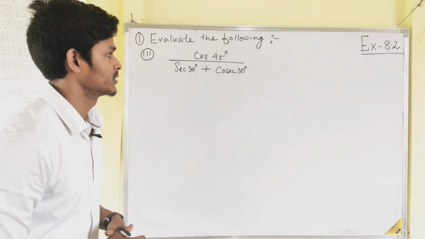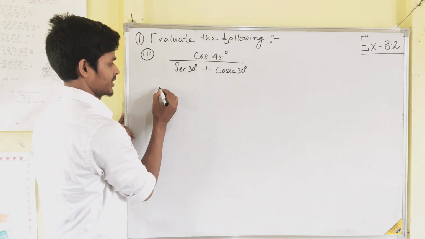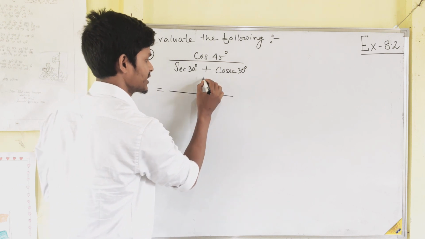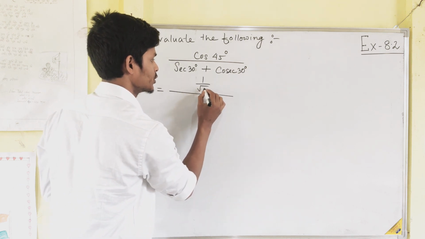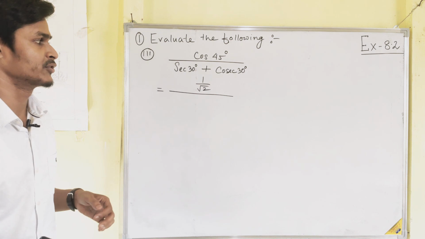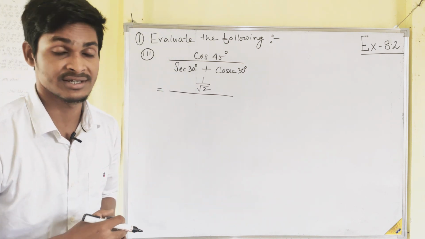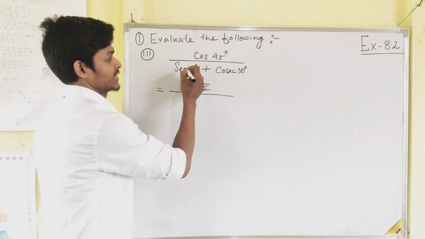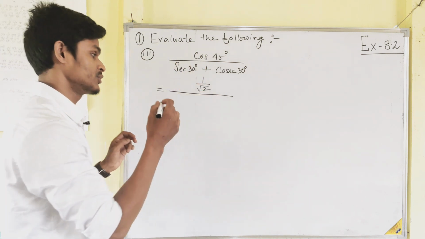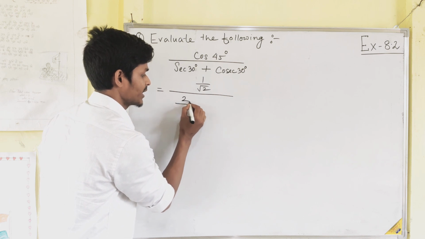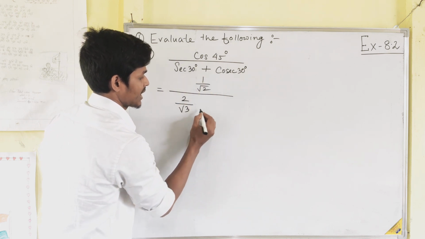Now number 3, cos 45 degree. What is the value of cos 45 degree? It is 1 by root 2. Sec 30 degree. If you don't know the value of sec 30 degree, then if you know the value of cos 30 degree, that is root 3 by 2, the inverse of cos 30 degree, the inverse of root 3 by 2 is 2 by root 3, plus